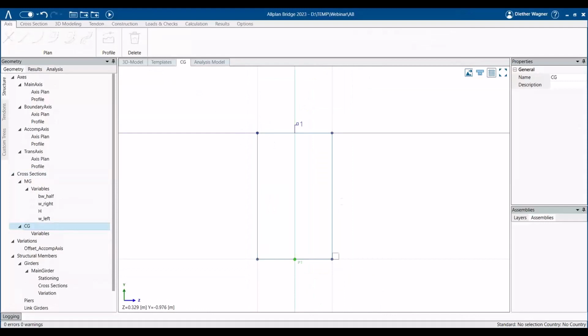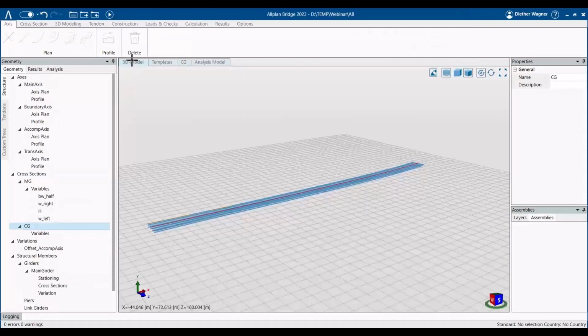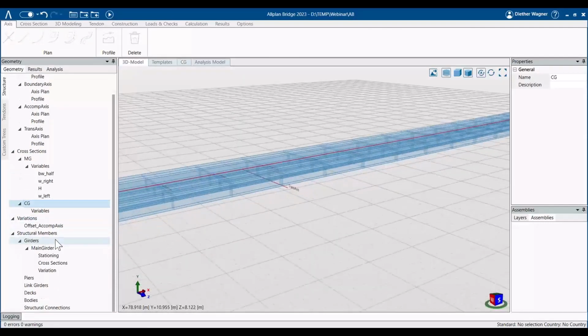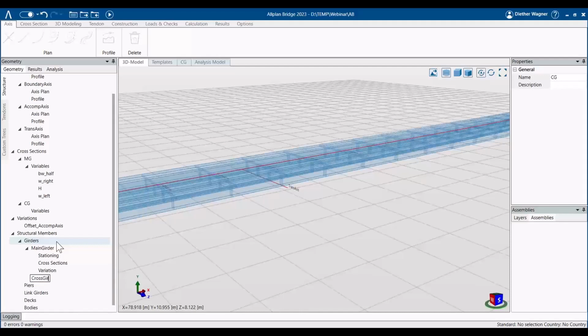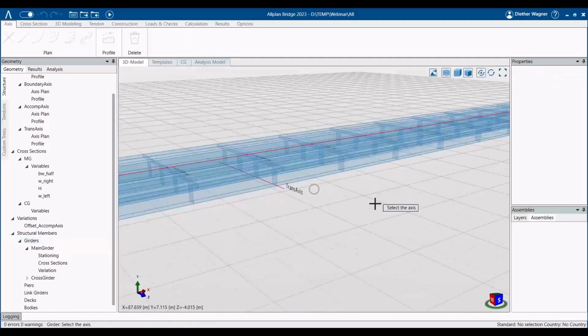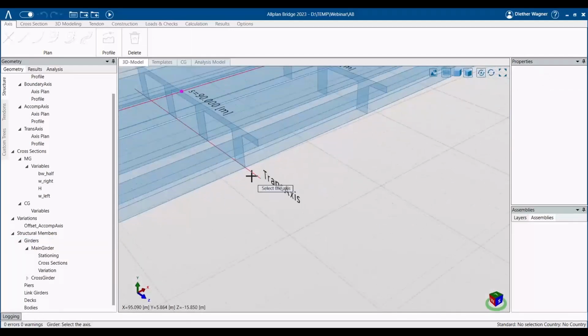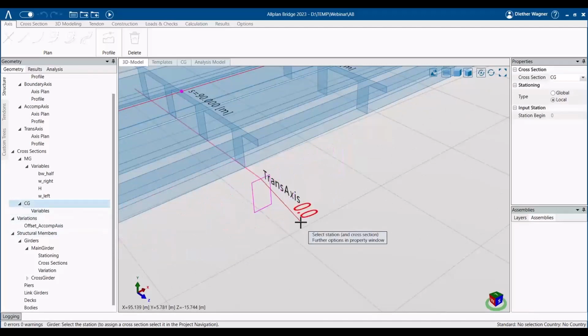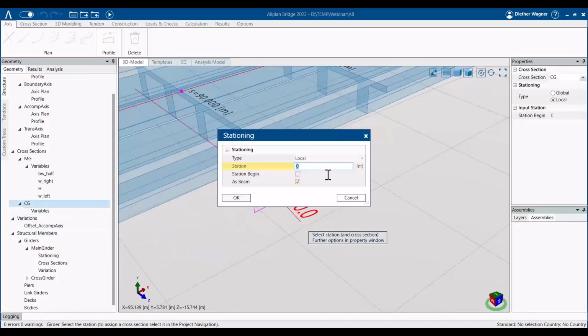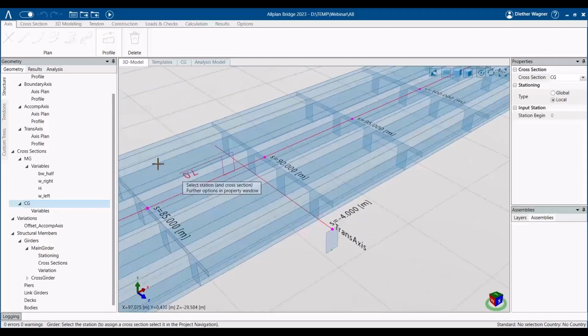So that's just a simple rectangular section. And then to create a cross member, it's not a special type. It's just a normal structural member. So I will just say new girder and call it cross member or cross girder. And then the program asks me which axis you want to create a girder. So in this case, I pick the transversal axis and choose the cross section that I've just created, go from